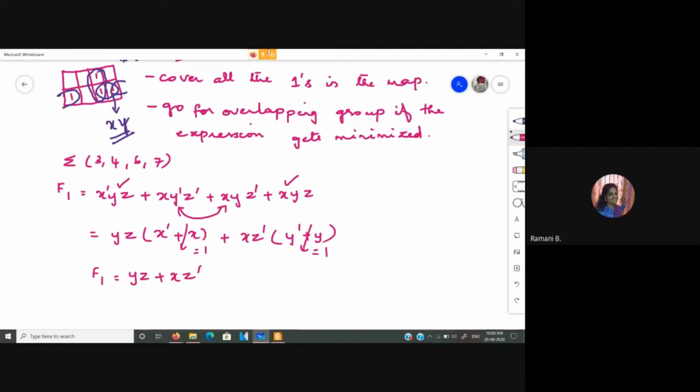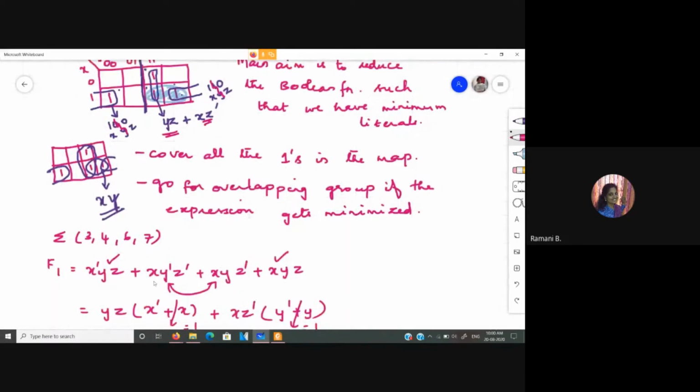Okay, the same thing actually we are doing over here, but explicitly instead of saying this is y plus y bar is equal to 1, we say that when the corresponding variable changes values, that is if you are going to have different values for the same variable, we leave that out from the expression. That is what the logic is. Okay, this complement property alone is used.